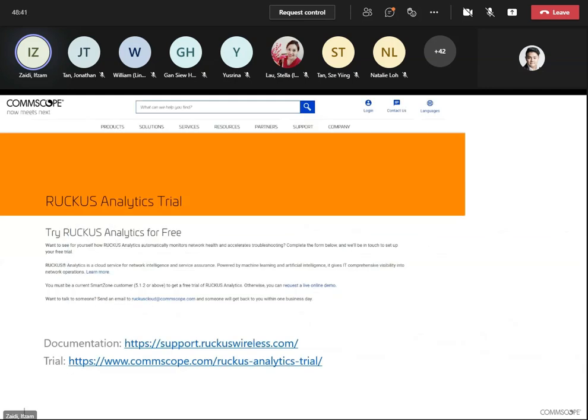For you guys, feel free to try our Ruckus Analytics services, so you can get deep insight into the services. You will feel that Ruckus Analytics is needed more than anything for your network environments. We also have several documentations that can guide you to play around with Ruckus Analytics. Later on, I will share some links so you can go through the documentation and play around with your trial analytics.